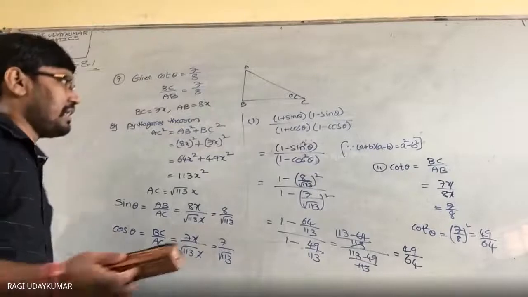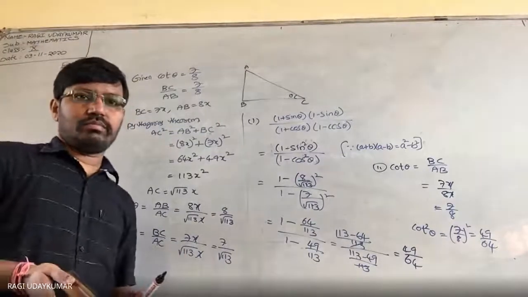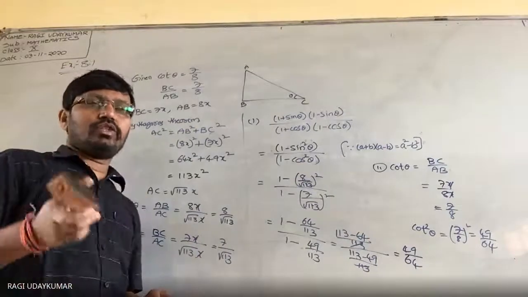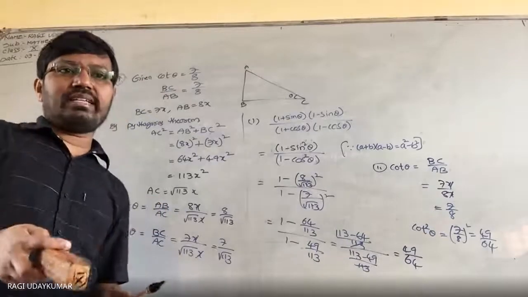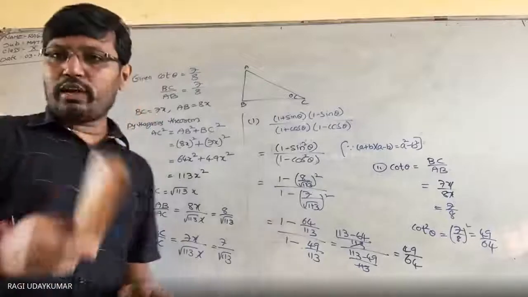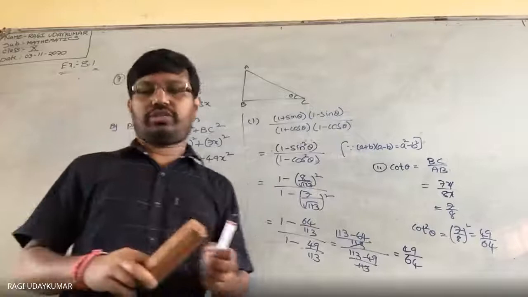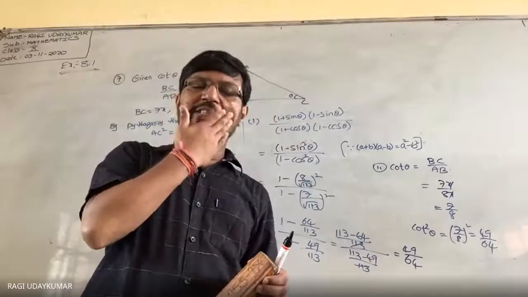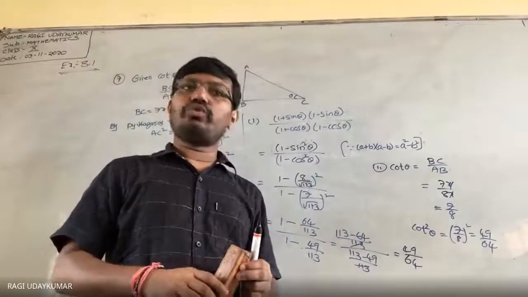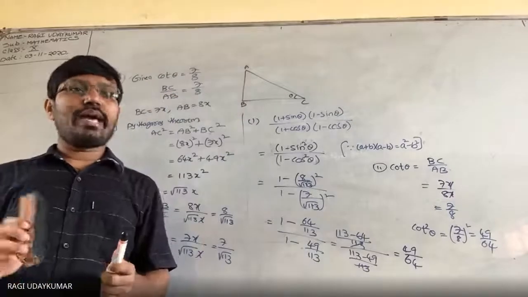Now the 8th problem, you can do it. What you have to do? Cot A is given: 3 cot A is equal to 4. So cot A is equal to 4 by 3. Cot A given means tan you can easily find out. If one trigonometric ratio is given to you, other trigonometric ratios you can easily find out. That's not a very difficult task. Okay, the eighth problem I'm expecting you to do as homework.